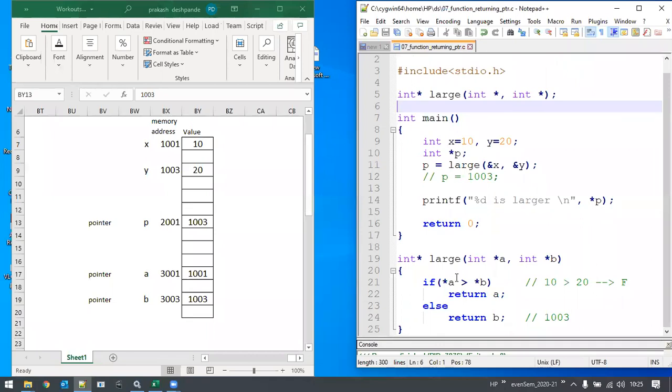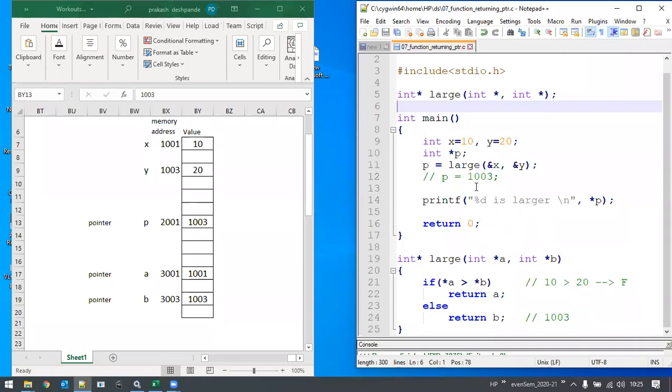Sir, I have a doubt. Yes, sure. Sir, as you said, instead of passing the values, we are passing the pointers. So does it give any advantage in programming? Yes, it does give an advantage in programming. The advantage is that the program execution would be much faster than the other way.